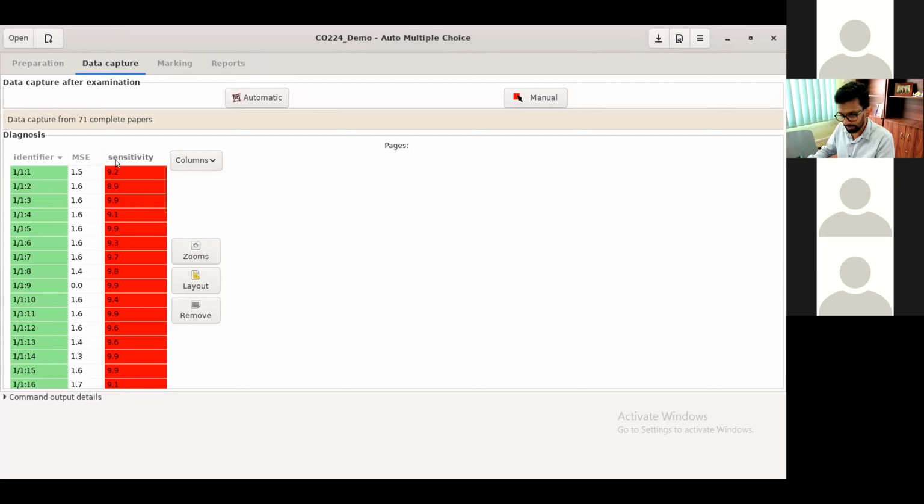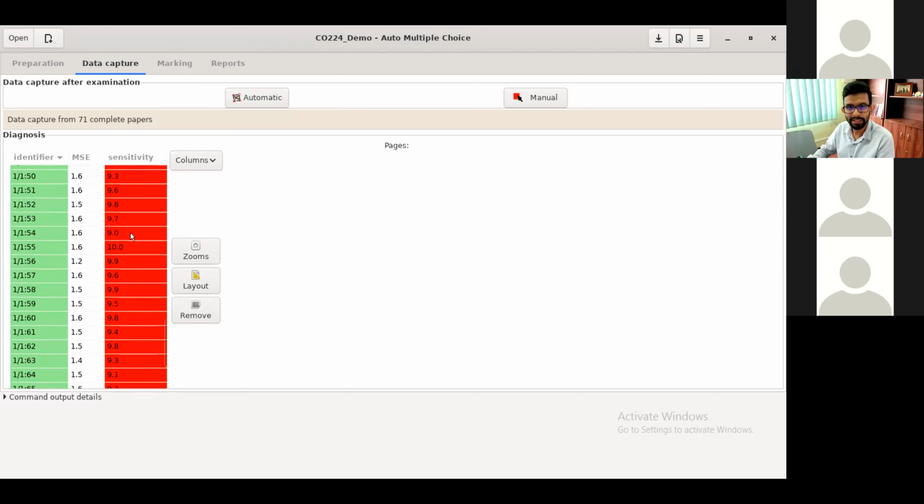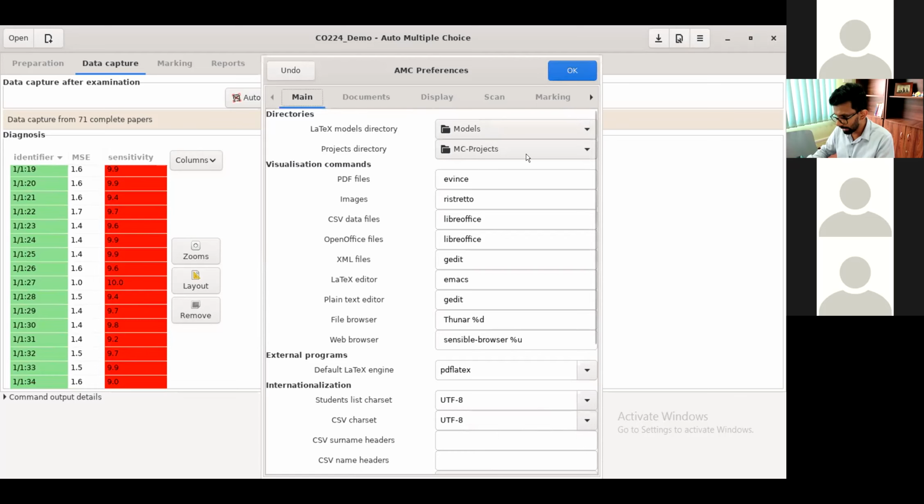So you can see these 2 different measures. MSE is the mean standard error, and sensitivity. Sensitivity refers to that darkness threshold, and all of the answer scripts here are marked as high or too much deviating from the threshold, because the threshold is currently set to a very low value by default. So what I would do next is